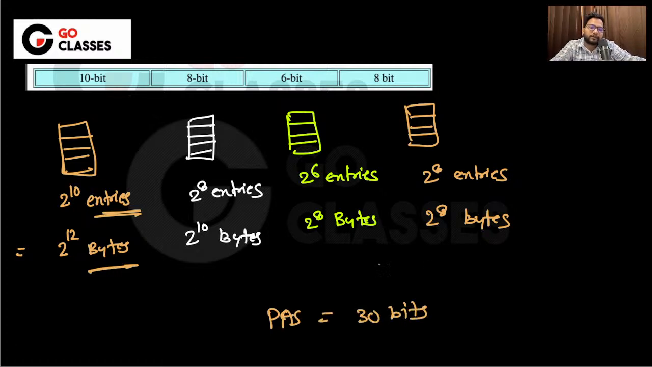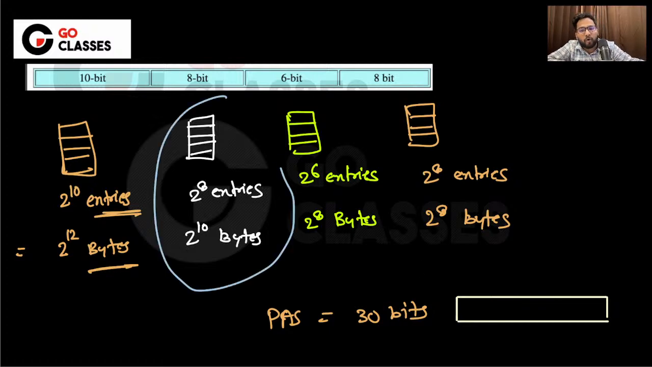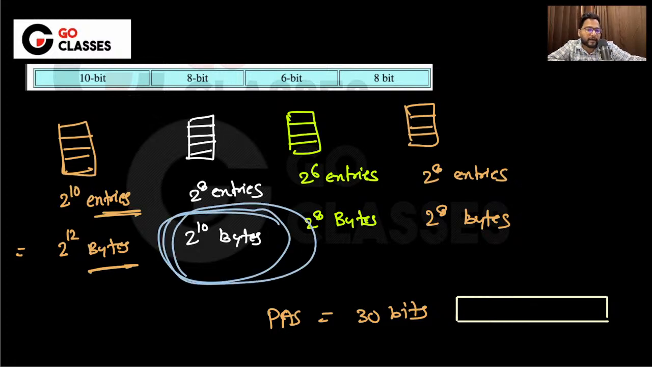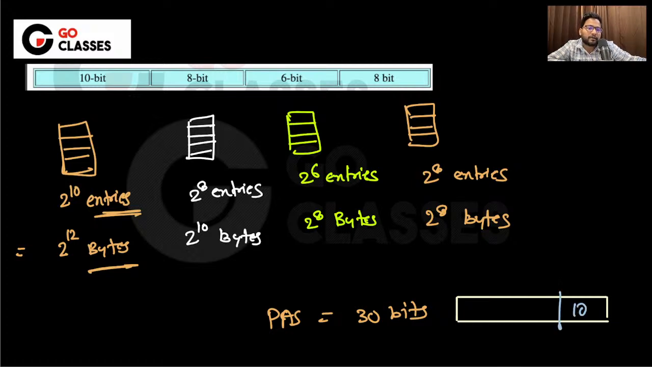So which means that, if you are storing, just think like this: if you want to point to one of these, then just think the physical address space is divided like this, in 2 power 10 bytes. So basically 10, and then what is remaining? 20. So you need 20 bits. You need 20 bits to store here. Basically what I'm saying is that if you want to store this 2 power 10 bytes, one chunk of 2 power 10 bytes, ultimately